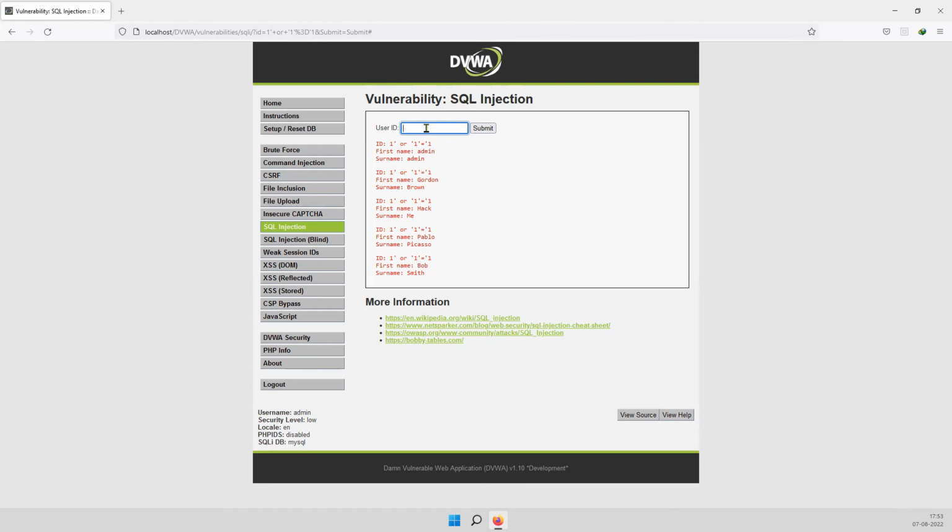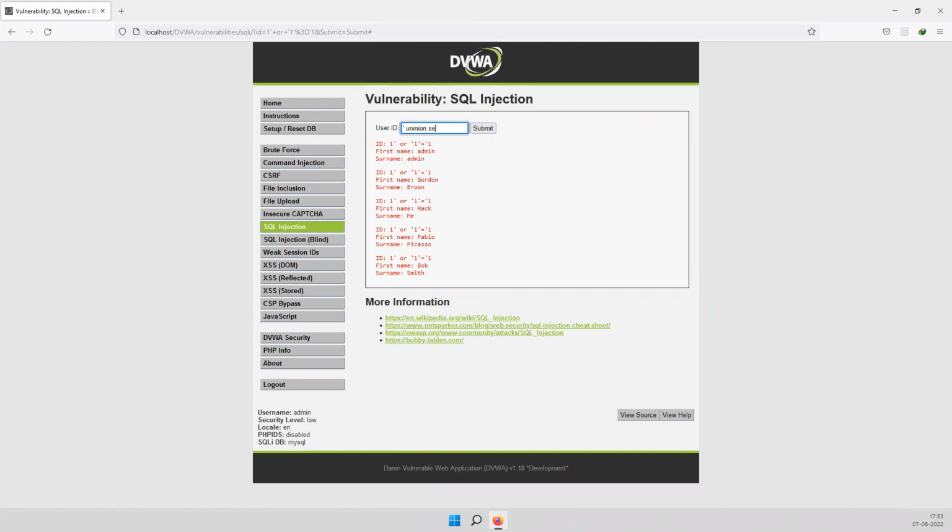So I'm putting this command and I'm putting union select. Union select is a command which is able to combine the data and show me the complete result.